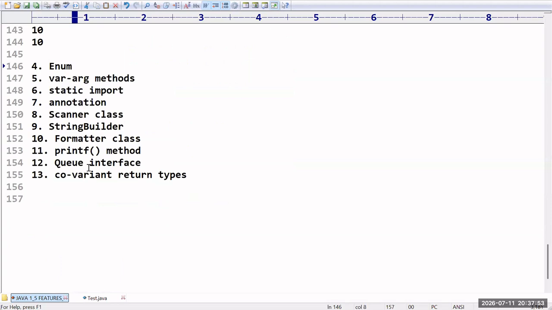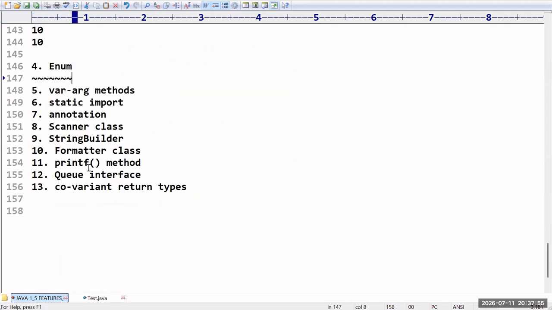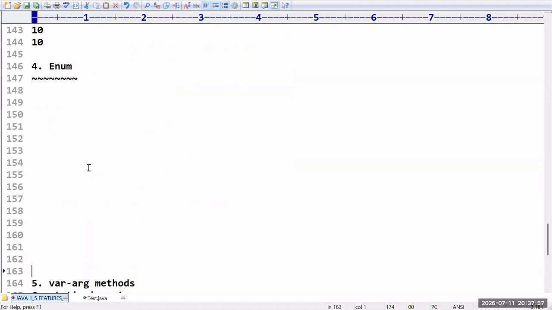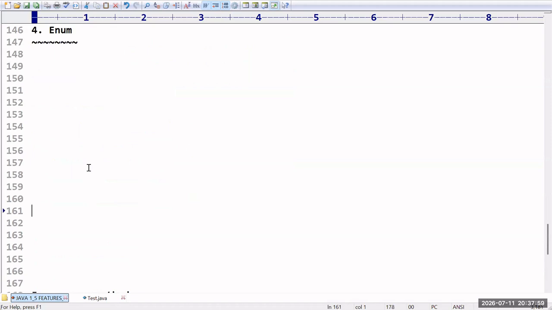So the next feature that we have in 1.5 is enum, enumeration. So what is this enum? Very simple. Actually, this enum concept was introduced in old versions of programming languages, like the C language, even in C++. So this enum concept is there. Even in the beginning of Java versions also, the enum concept is there. But later,